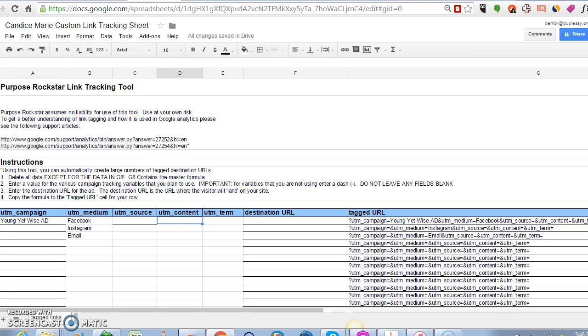I've created one just for you here, and I'm going to show you how you can actually keep track of where your traffic is coming from and what traffic is actually most effective. So here's what we're going to do. We're going to create a dummy campaign, and then I'm going to show you a full campaign and what that